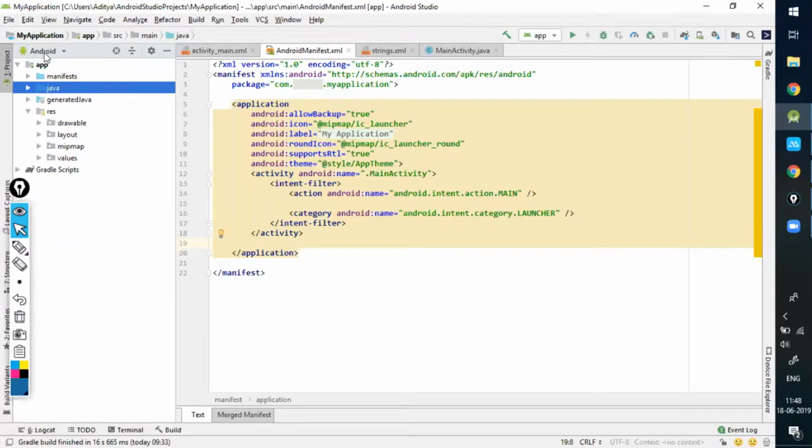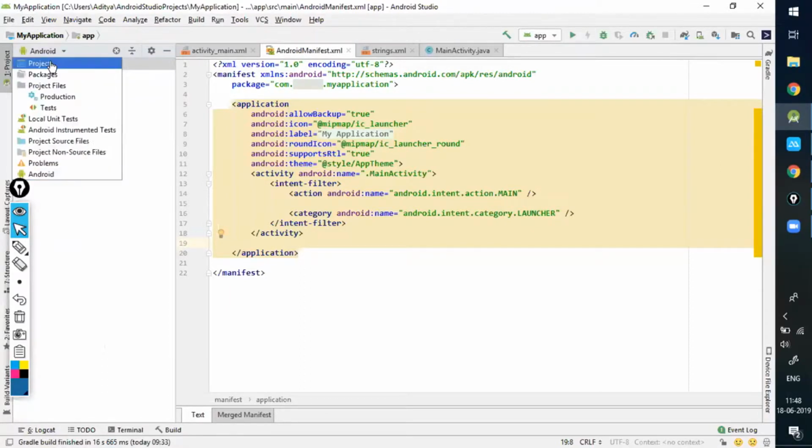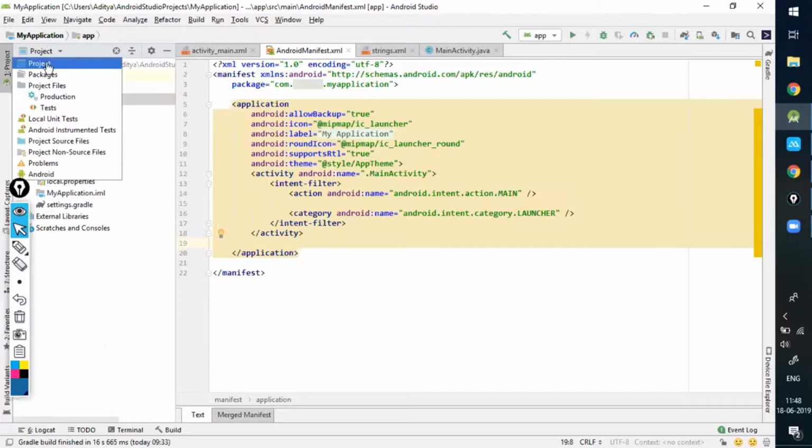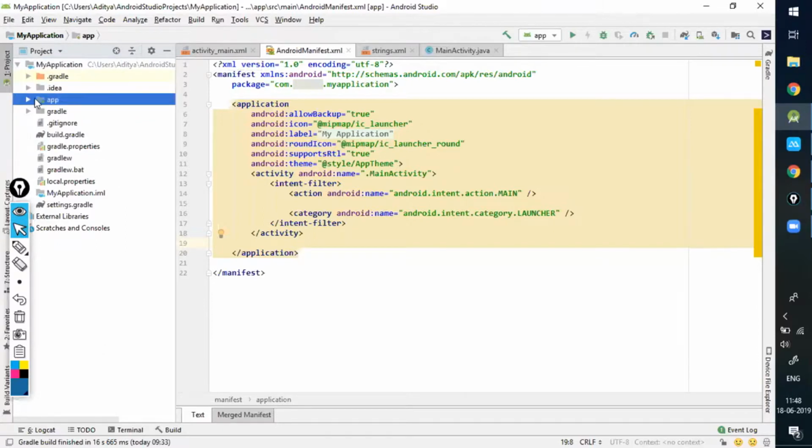Understanding? While working on the development part, you have to deal with the application part, like the app folder only. That's the reason why it opens by default. Otherwise, if you want to know each and everything, where exactly things are, what the structure of my project is, then we just choose Project from here. Now there are some more folders over here.